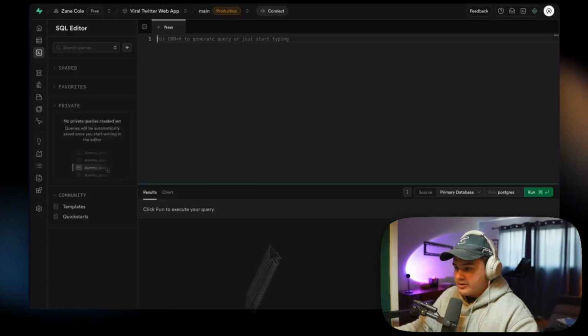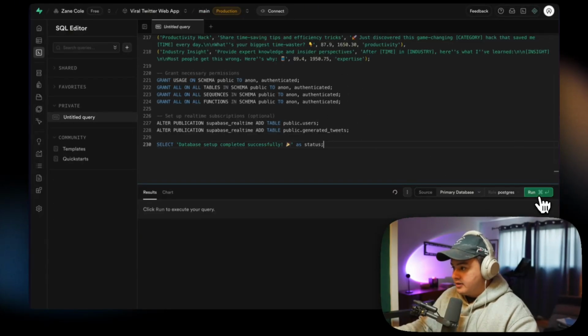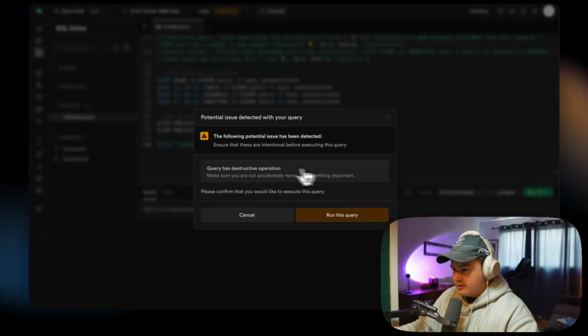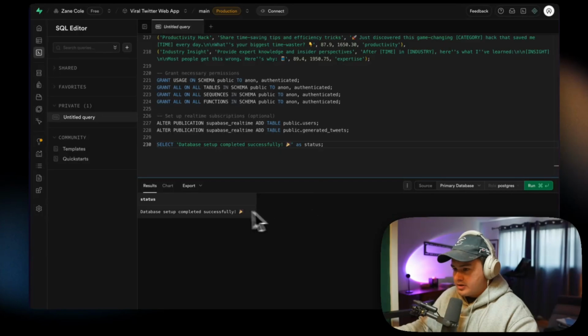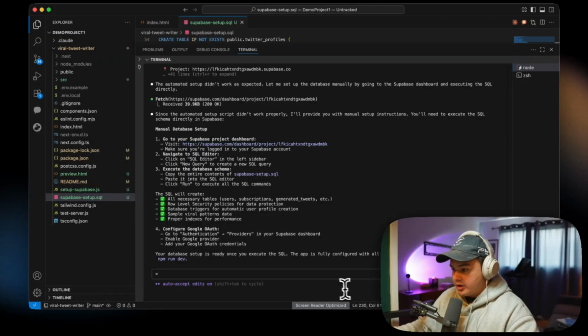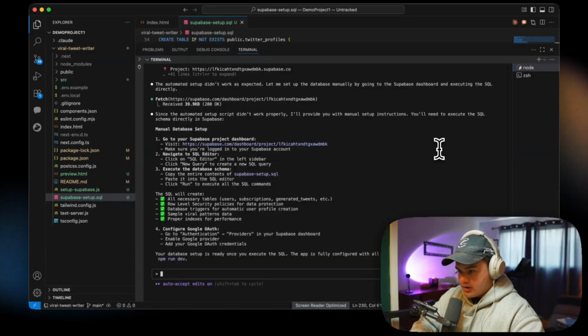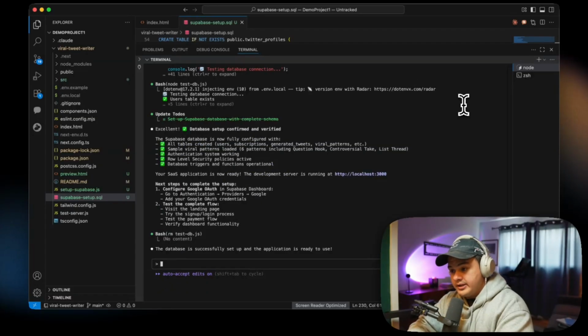And then I'll return back to Supabase, paste that in, and run it. Let's run this query. Database setup completed successfully. So now I'm going to go back to Claude Code and just say, I finished those Supabase instructions. The database should now be set up correctly. Please confirm. Okay, so now our database is successfully set up, and we can start storing user information as well